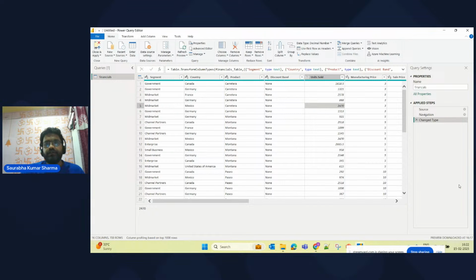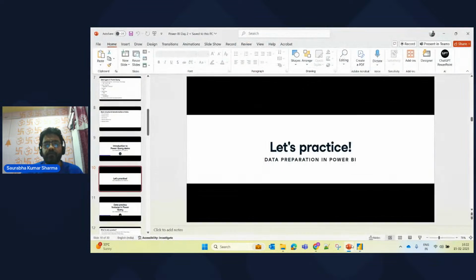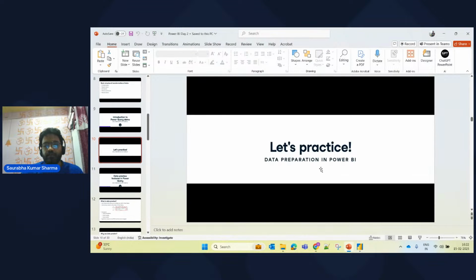So these are the features, and whenever you have applied them, what you have to do is just come here and click close and apply. That's it, done. Whatever changes you have made will automatically be saved over there, and every time you refresh your report, it will automatically reflect your needs, basically whatever requirement you have. Right now, moving to the next